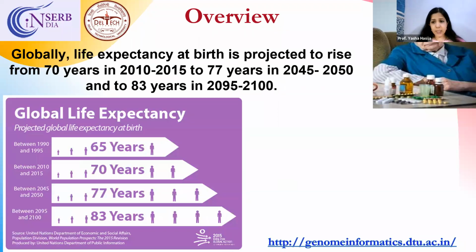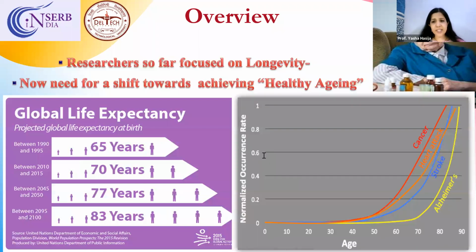And this graph here illustrates how the occurrence rates of diseases start increasing as we start to age, with the effects clearly visible after the age of 40. Now, since a person's genetic makeup plays a crucial role in susceptibility to various age-related disorders, or ARDs as I call them,